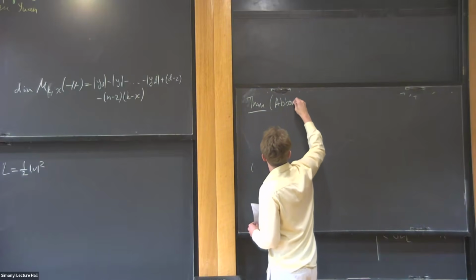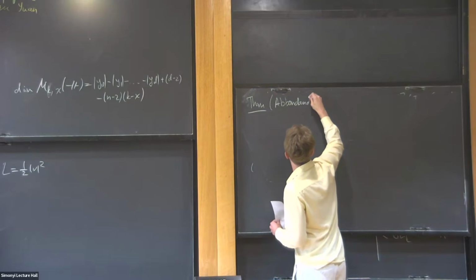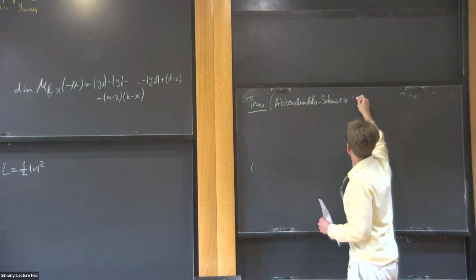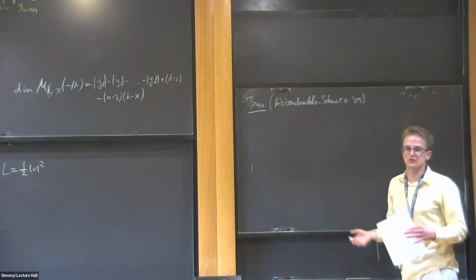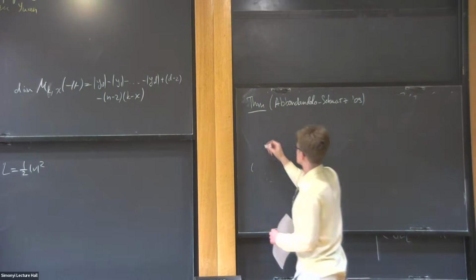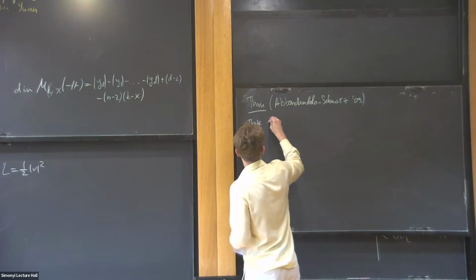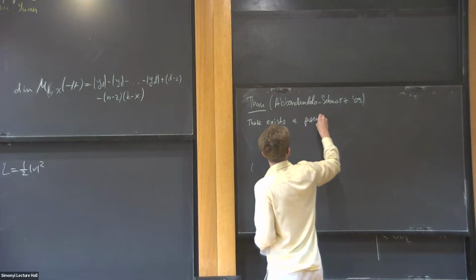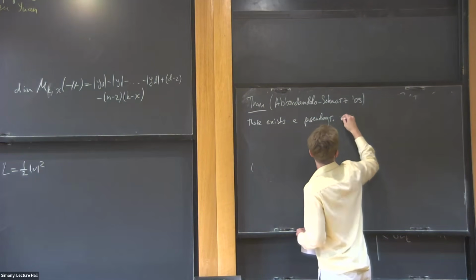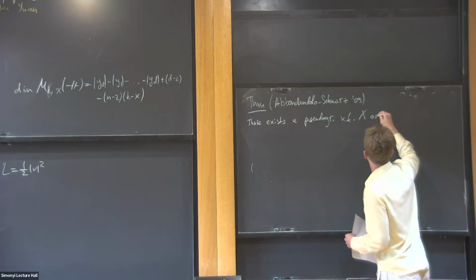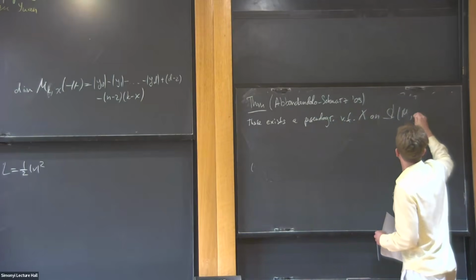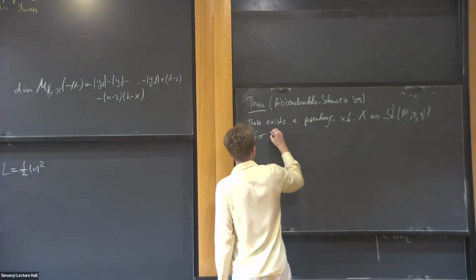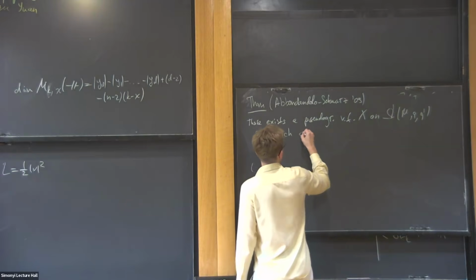Abbondandolo and Schwarz tell us that you can always pick a nice vector field to run Morse theory. So there exists a pseudo-gradient vector field X on this path space for